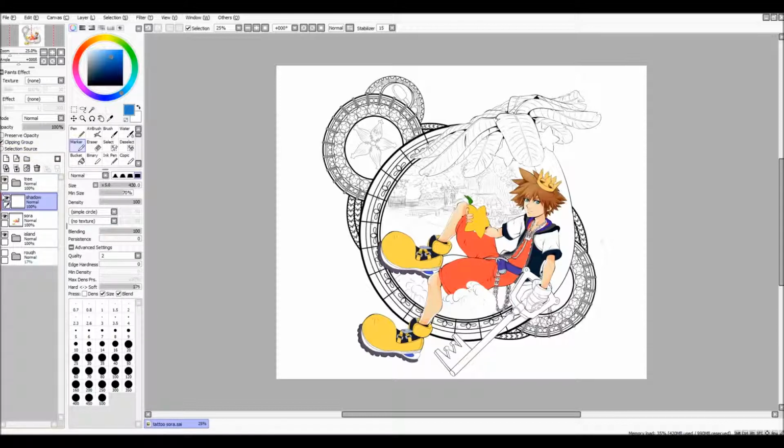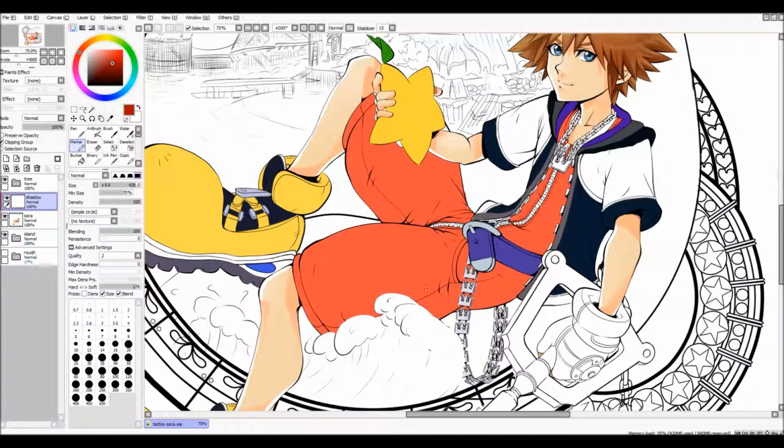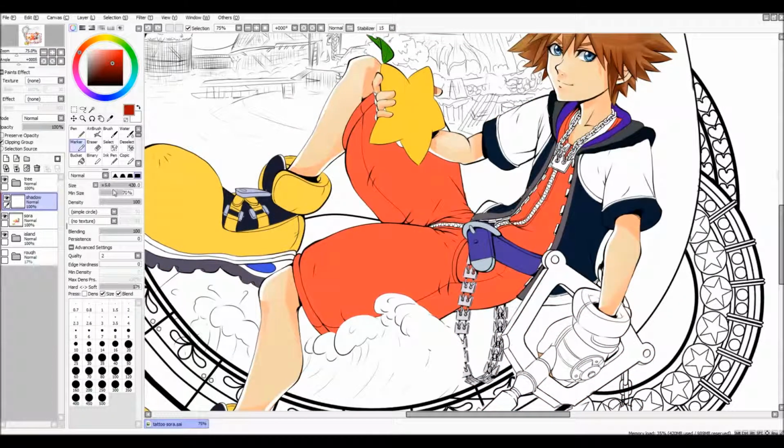So now there's this little red line in front of the shadow layer. And what this means is that it's now clipped to the Sora layer. So whatever is on the Sora layer is all we can color within. So for example, if I take the marker and I get the water drop, get red, and then we'll take the marker and make this a little bit darker. We're going to zoom in, and now I can color all of Sora red. Now everything is red, and I want them all red, so we can color within him, but we cannot color outside of Sora,